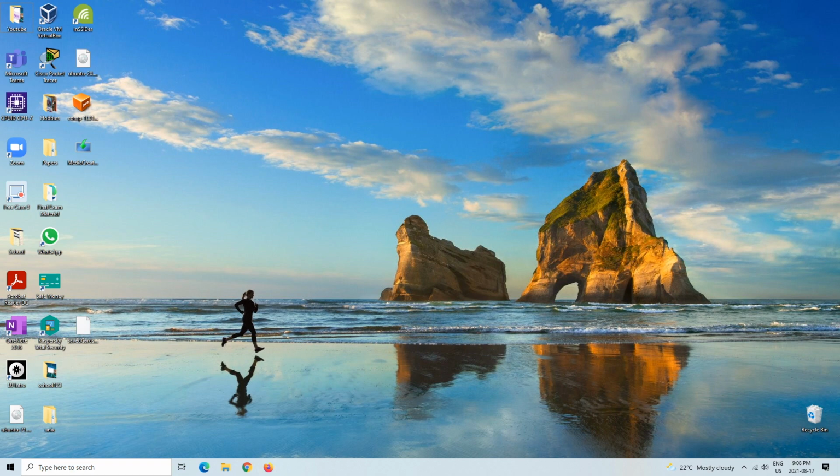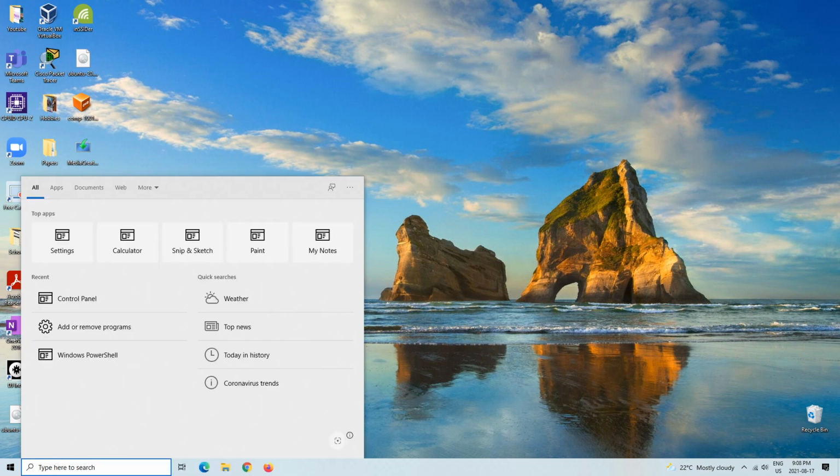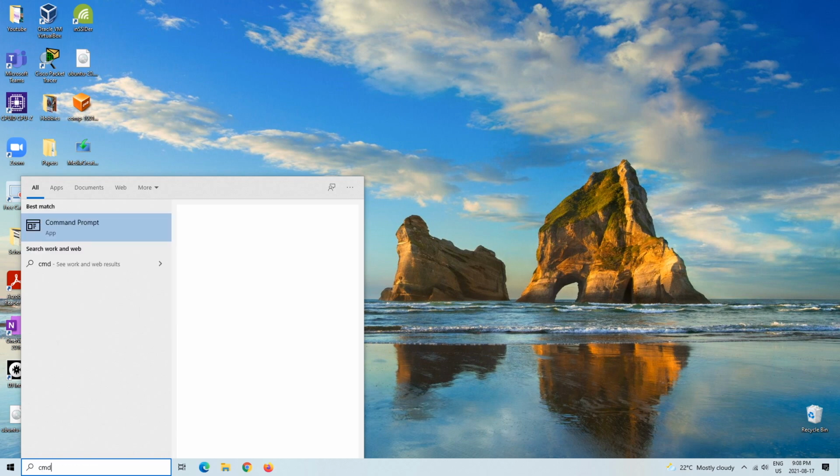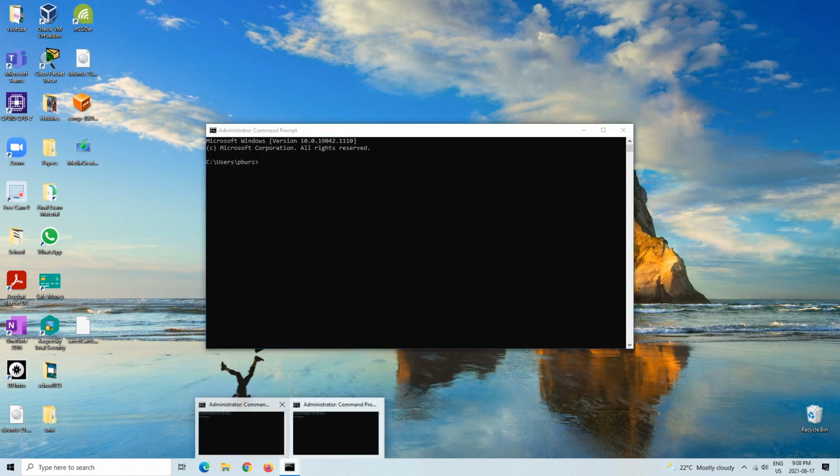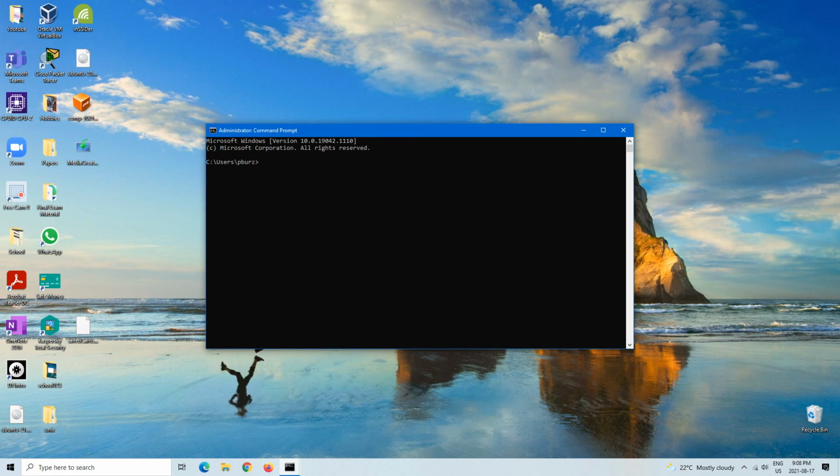Windows button and see that coming up. So that's fine. We'll just search it. And we're going to type in CMD, which is command prompt. And we're going to right click on it and run as administrator. Oh, looks like it was open. That's fine. And from here, we're going to just type in